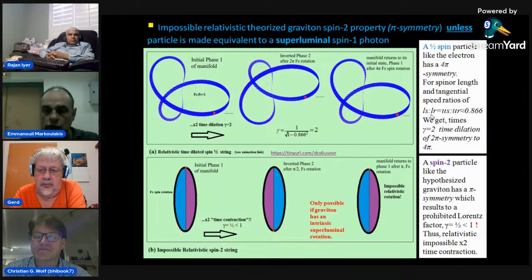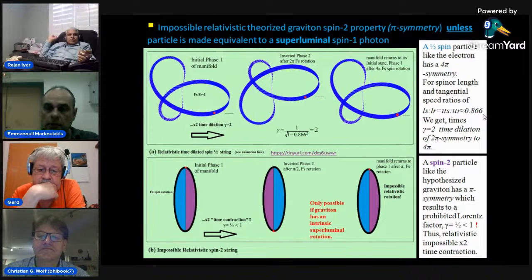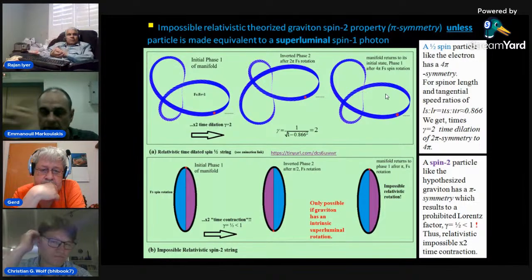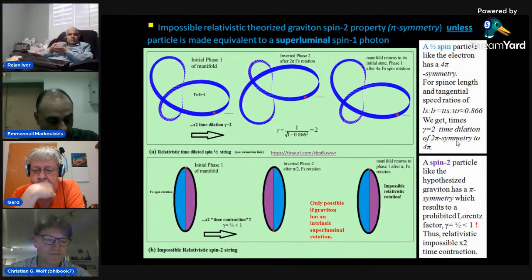And if you use the ratio of 0.866, actually the exact number is square root of 3 divided by 2, but let's approximate this number here. And if you match this with tangential velocity, spin velocity, and revolution velocity of the same ratio, then you get a Lorentz factor of 2, a time dilation of 2, which was actually the explanation of why this is happening. So because of the time dilation, the 2 pi symmetry, in the frame of reference of the electron,